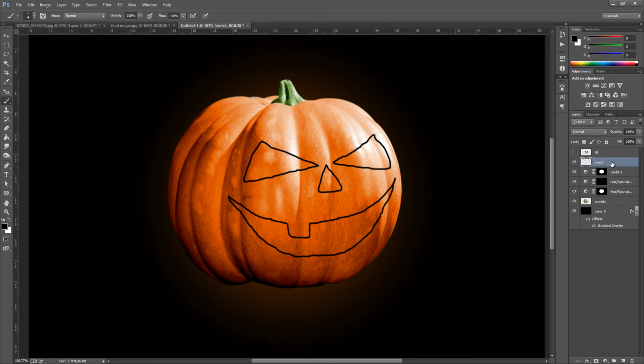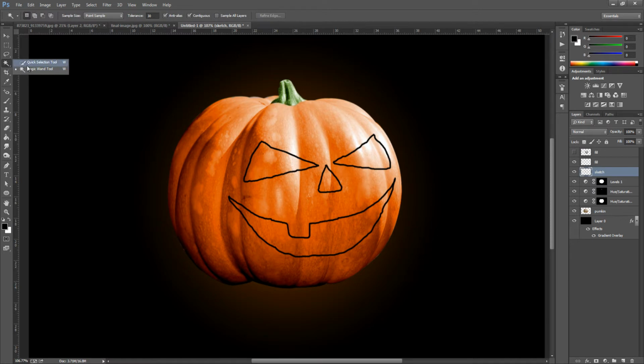So the next step is making a new blank layer. Bottom right hand side again, name it fill, so fill layer, and we're going to go back down to the sketch, go to the magic wand tool. That could be hiding underneath the quick selection tool, so click and hold and click inside the eye, and it has made a selection within the lines.